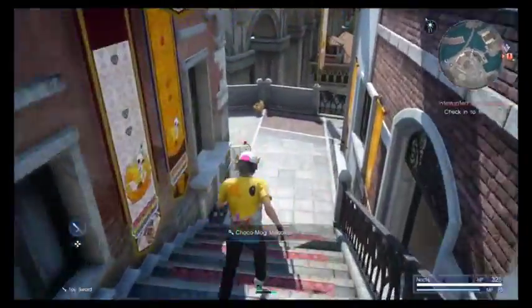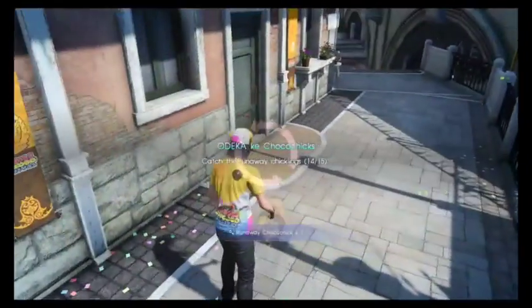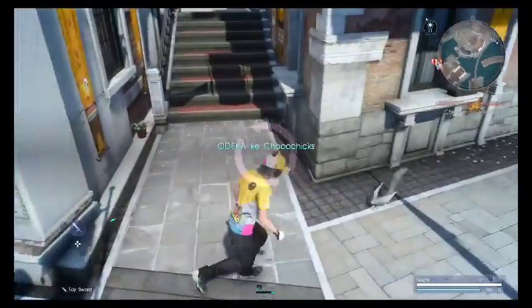There you are! There is the Chocobo chick. It was down this area. We haven't searched this area particularly well. Okay, cool. So, we now just...